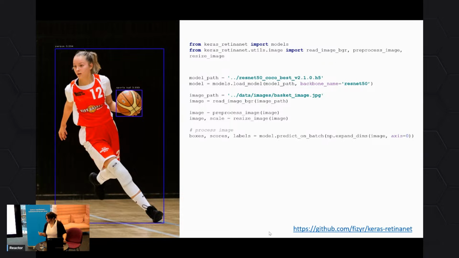One of the problems we had with this was that if you've ever seen a UEFA game, the ball is not very big. It's usually like a speck, a tiny white speck that's there because you're a human and you know where the ball should be, but it's very difficult for a model to pick out that white speck is a ball versus some other white speck that might be the audience, for example, especially if you don't want to have super high res input. And if you have super high res input, it takes a lot longer to process.